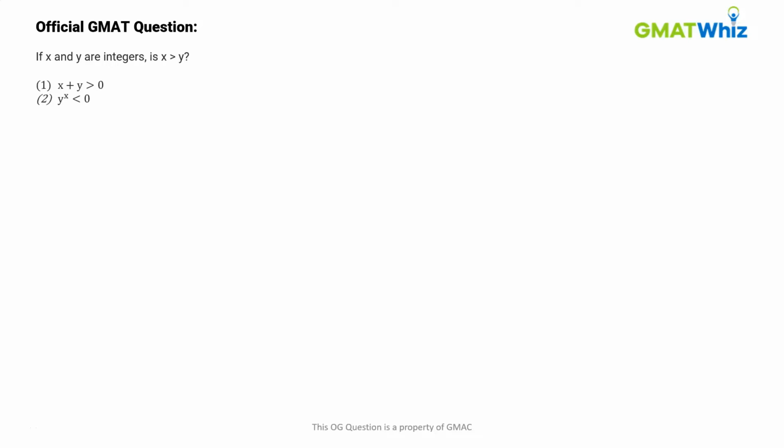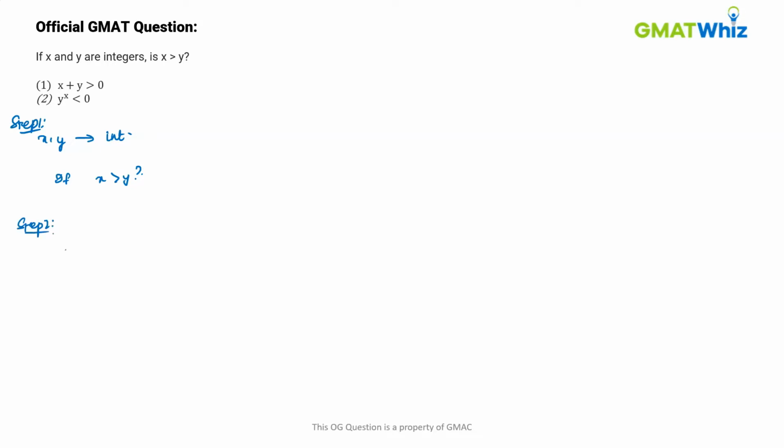In this question, we are given that x and y are integers. Now, this is the first step in a DS question where you need to write down the information given in the question stem and also make possible inferences about it. But definitely we cannot make any inferences here, as we only know that x and y are integers. So at the most we can say that they can be positive or negative. We have to check if x is greater than y. Now, no other information is given, so we'll move on to step 2